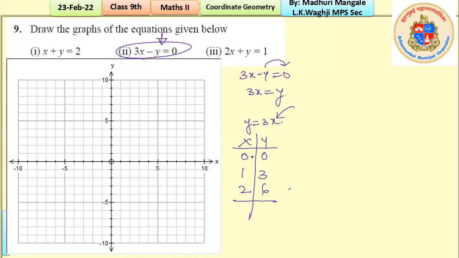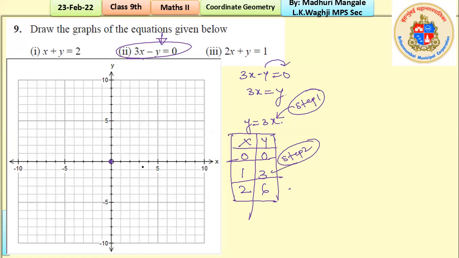Okay, and now we just plot the point. So step one: get any one variable by itself. Step two: draw the table nicely like this, and find at least 3 points. Then step 4, we plot these points. So 0 comma 0 is 1, and then 1 comma 3 is,